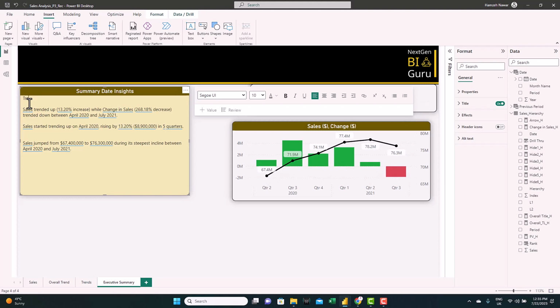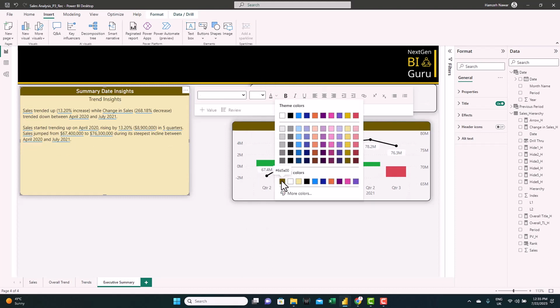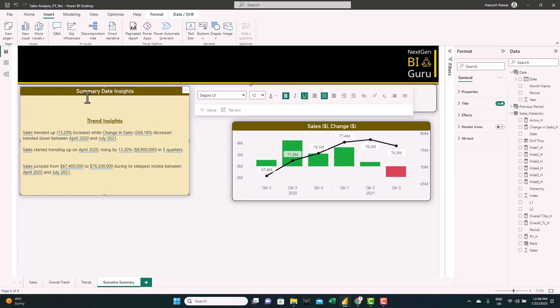Okay, now let's just give a headline for smart narratives. Format it, put in the middle, and make it bold, and let's move it down, and we'll put the values also in the same location. Let's start from the left, and we start by writing the text we want in, and we'll go to add a value.